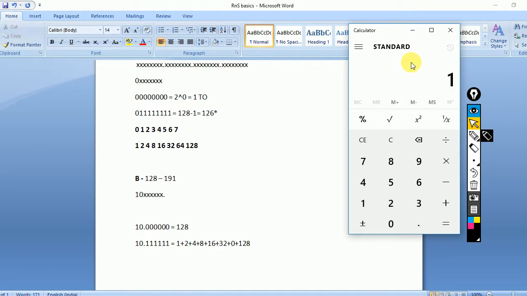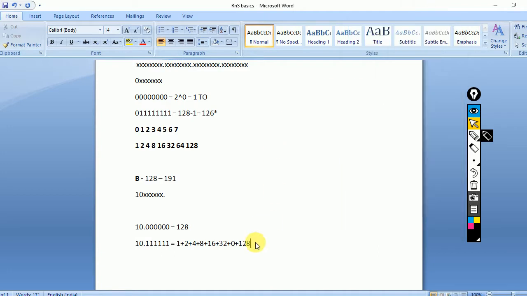Okay, I'm doing this just to show you how to do this. 1 plus 2 plus 4 plus 8 plus 16 plus 32 plus 128. I'm making some mistakes here. So 1 plus 2 plus 4 plus 8 plus 16 plus 32 plus 128. Nice. So it's giving me a result of